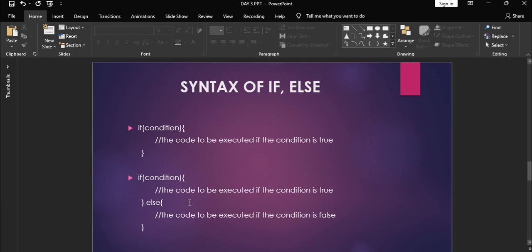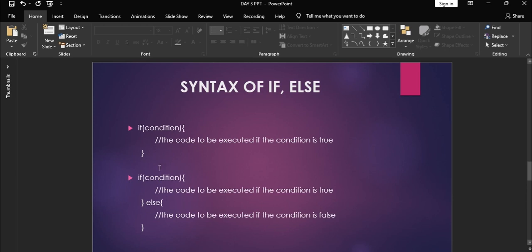So we may use the if condition to specify a block of code to be executed if a specified condition is true. That is, if the condition in these brackets is true, then only the code runs. And we may use else to specify what happens otherwise: if this condition is true, this will be executed, and if this condition is false, the else will come into picture.